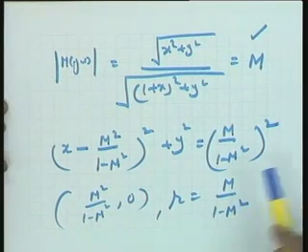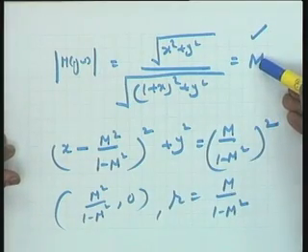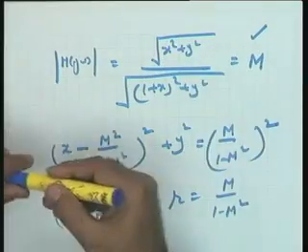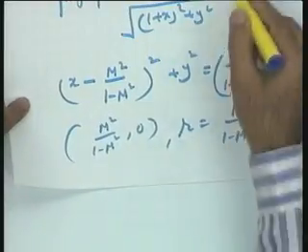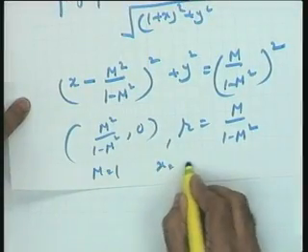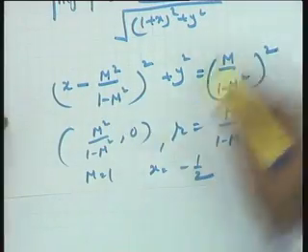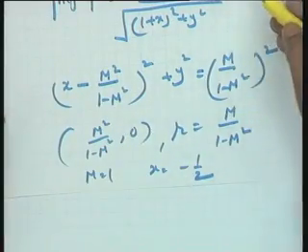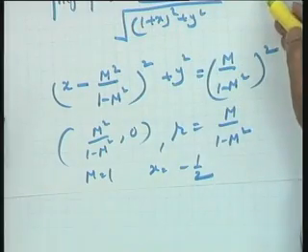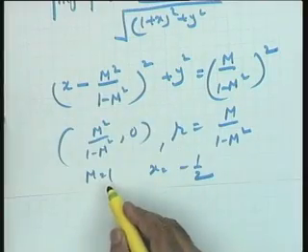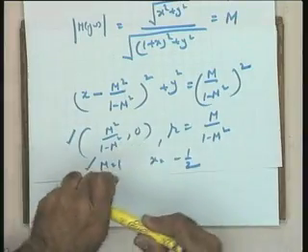You find that for M equal to 1, it is not defined, and if you substitute M equal to 1 and solve this equation, it is very easy to verify that this equation gives you x equal to minus half. This is just manipulation, because I cannot use the circle equation for M equal to 1, and therefore I am putting it here. x equal to minus half results if I substitute M equal to 1. So, for all values other than M equal to 1, I can use this equation, and for M equal to 1, I can use this equation, please.